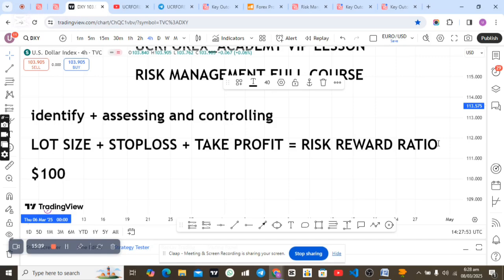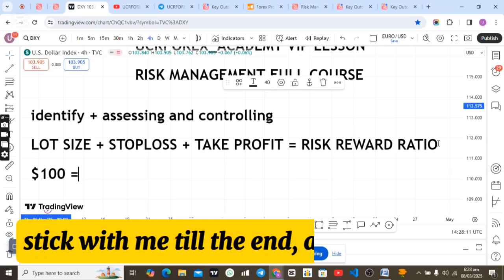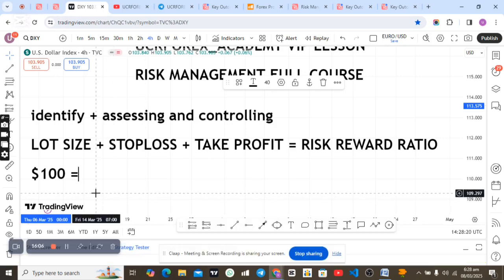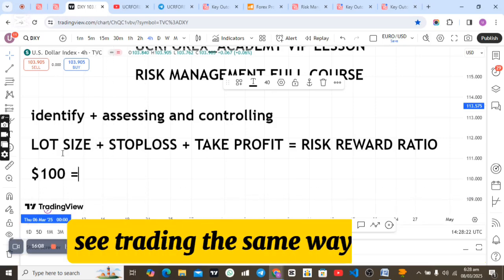Then when you funded that money, you told yourself that I'm not going to risk more than 10 USD. Anything that will make me lose more than 10 USD per trade, I'm no longer interested in it. This is the decision and this is the trading plan that you have already taken. So for you to be able to keep to that very particular $10 per trade, that means you need to understand how to use the lot size and how to use the stop loss.